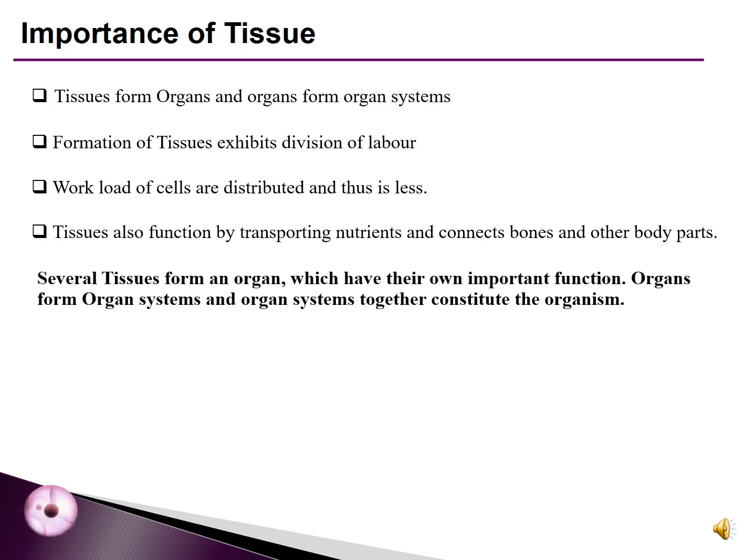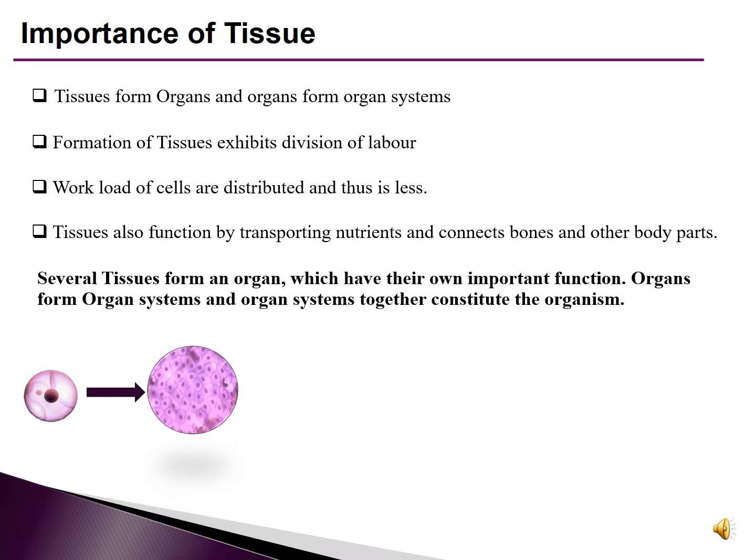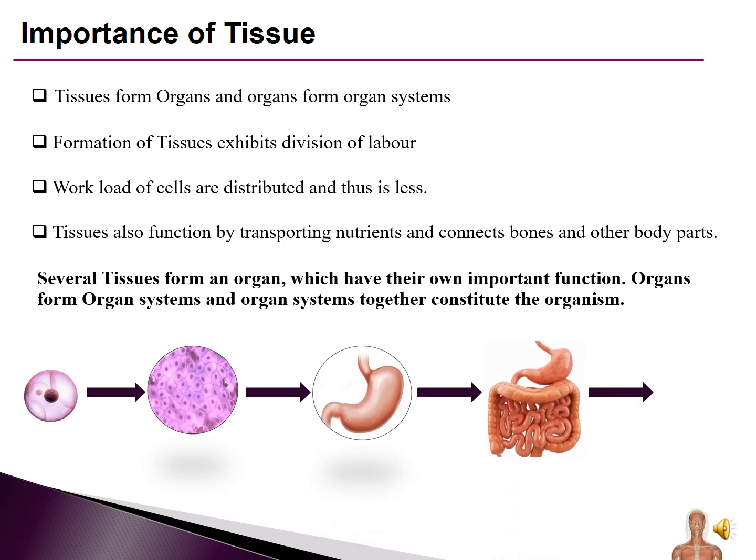We learned that tissues are made up of cells with similar origin that work together to perform a task. Tissues together form an organ, and organs together form organ systems. As the cells in a particular tissue work together to perform functions, many tasks are carried out, which exhibit division